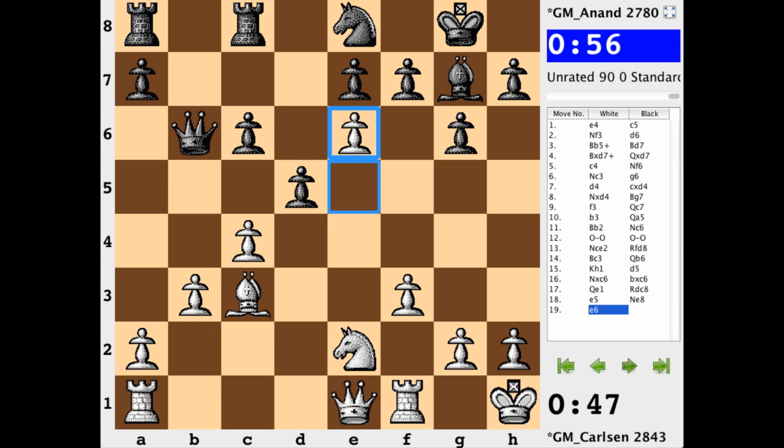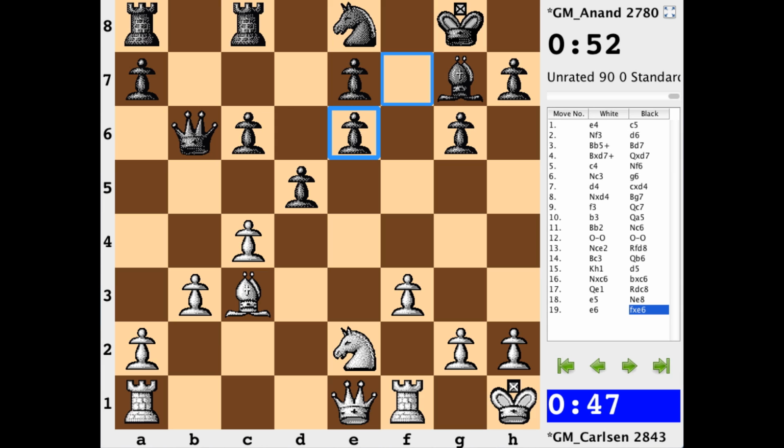So Anand just grabs it, is up a pawn, but clearly this guy is a liability, and so too is his friend right here on the e file on e7. Both of these guys on the e file are vulnerable. Additionally, now there's tension between these bishops. There's two things going on with that pawn advance.